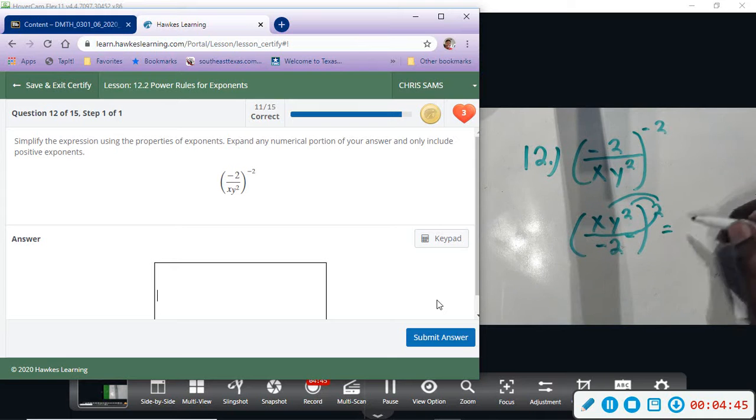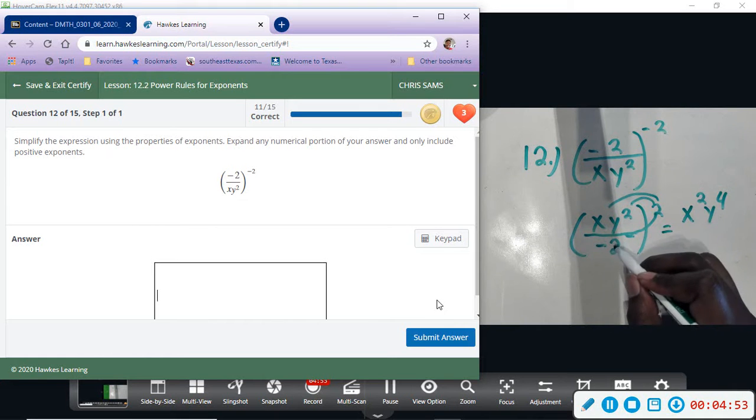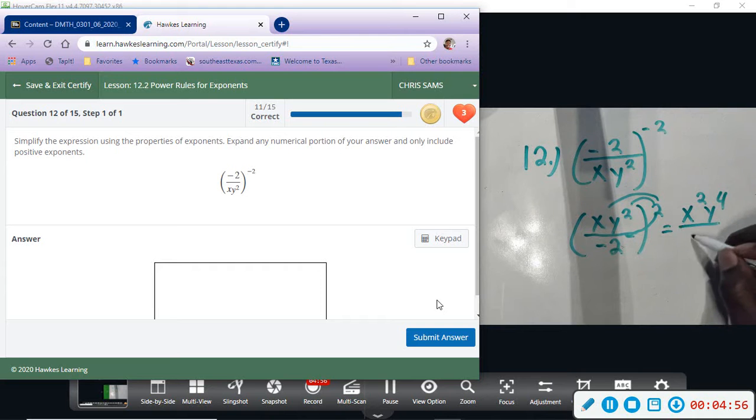So that would give us x squared. 2 times 2 will give us y to the 4th. And then this -2 is going to get a 2 exponent, so that will give us -2 squared. Okay, and then since that's a number, we can evaluate it. So we will have x squared on the top, y to the fourth, and then negative 2 times negative 2 will give us a positive 4. So our final answer will be x squared, y to the fourth,